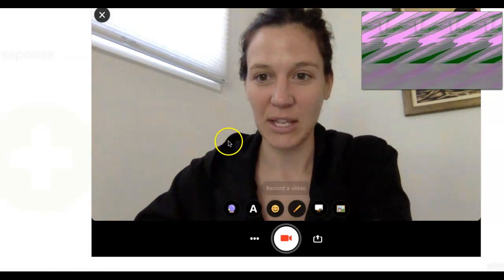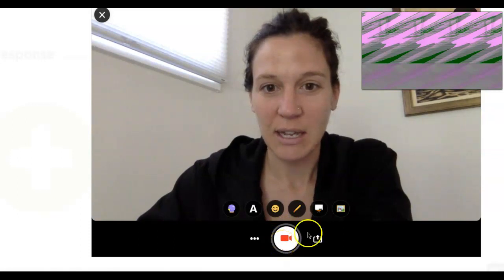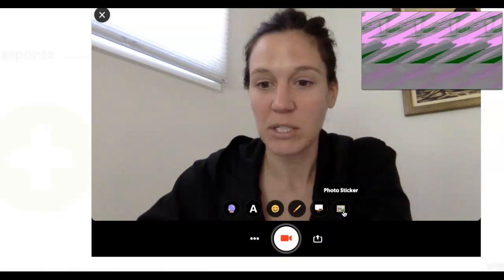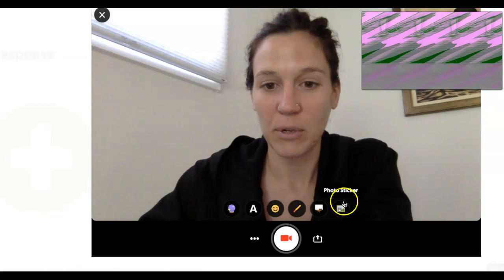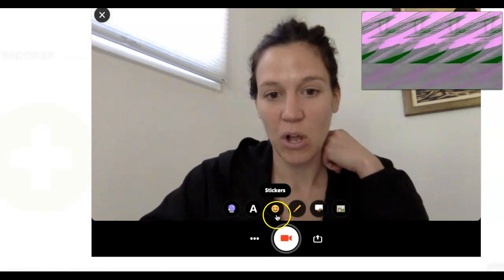This is the screen that you'll see. And you'll be able to hit this red record button right here. And if you wanted to add an image, if you wanted to take a photo, you can put a photo sticker. That's how I always get the little square image in the corner. You can also add text or